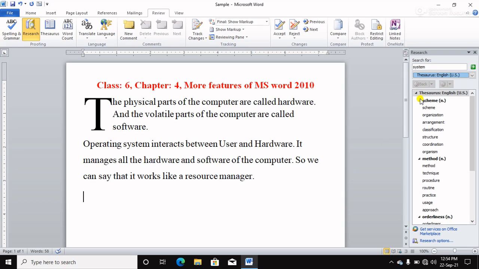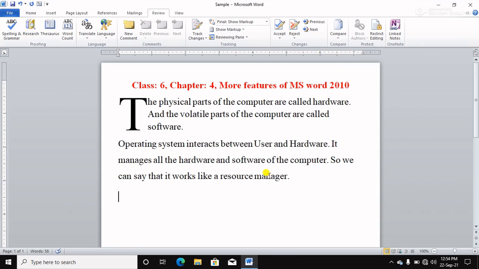Now, checking spelling and grammar. How can you check spelling and grammar? Suppose I have written the wrong spelling of hardware. See, it will give a red mark. A red mark shows that your spelling is wrong. So for this purpose, spelling and grammar checking, click again on this Review tab.